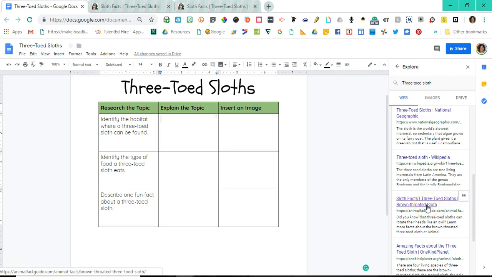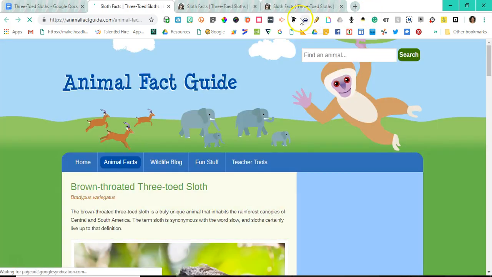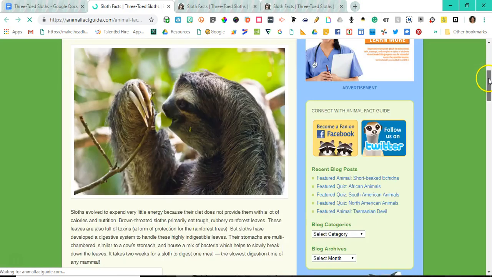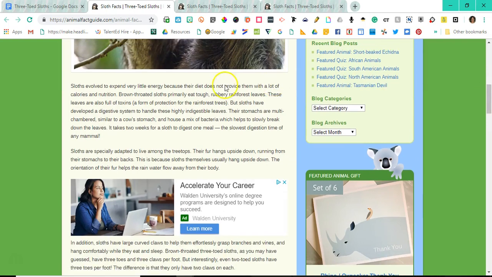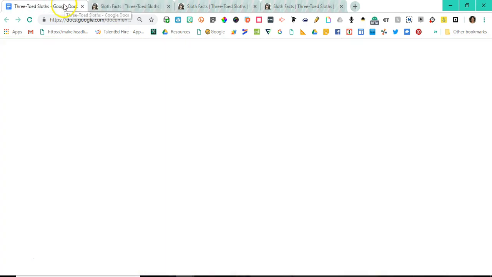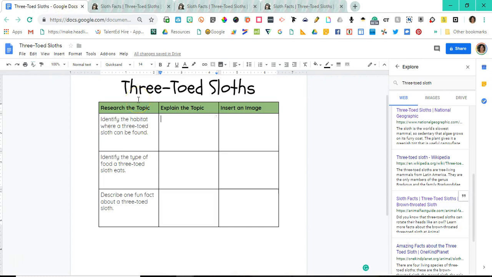So I'm going to go ahead and go to the site. So it's opening up a new tab already for me at the top. So students can go through and read the information, and as you notice, they are found in rainforest trees. So I'm going to go back to my document, and I'm going to type in they are found